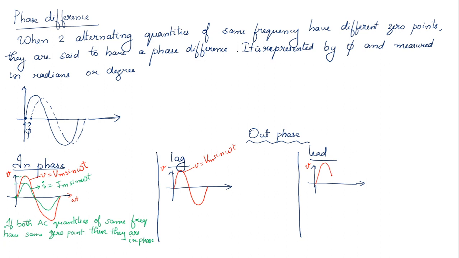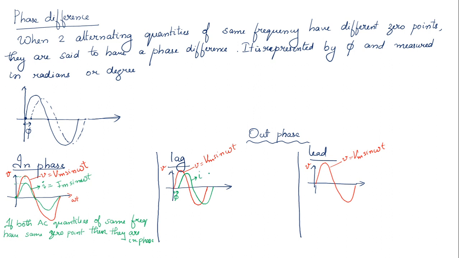Again in the lead concept also, to explain it, I have already drawn the voltage waveform, V is equal to Vm sin omega t. These are two waveforms which we use for comparing, that is voltage and current. Now here you can see I am going to mark the current waveform. In this case, if the current is starting 5 degrees after voltage like this, they are having a phase difference of phi. Actually we will call this one as current lags the voltage by angle phi.